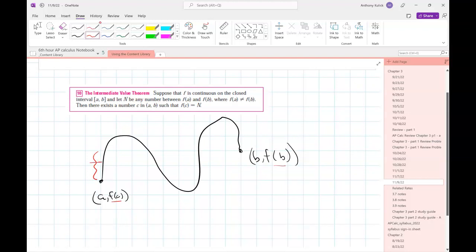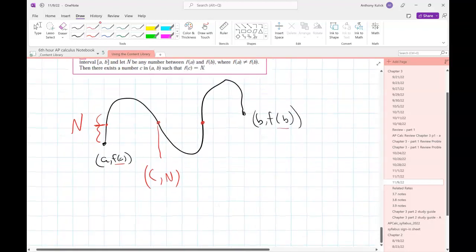So let's say that we're going to pick this value to be c. Means that at least somewhere on that function, we call that n, there's some x value that's going to have that y coordinate. Okay, so for example,